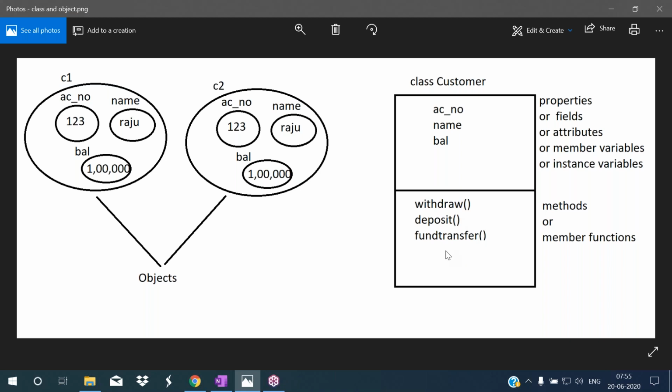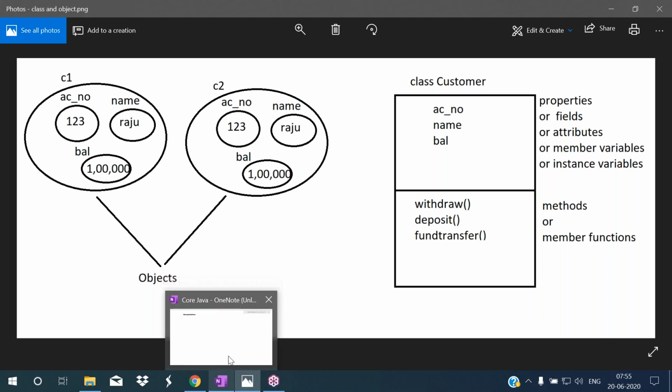So what we are doing, we are placing these properties and methods in one particular container. In this box we are placing properties and methods. This container I'm calling class. So the action of placing the properties and methods in one particular container is called encapsulation. That container is called what? Class. So this is encapsulation.